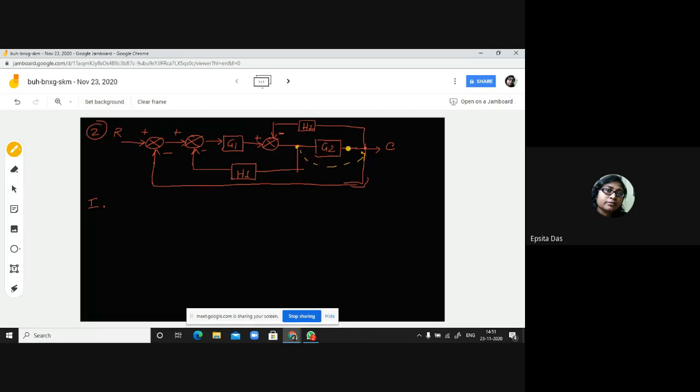Now if we move this, what do we have to do? What will be the arrangement? Because we know that the final signal should be the same. Whatever we do, the final signal should be the same. So if I move this block, what is the extra signal? If I move this block, it will look like this.